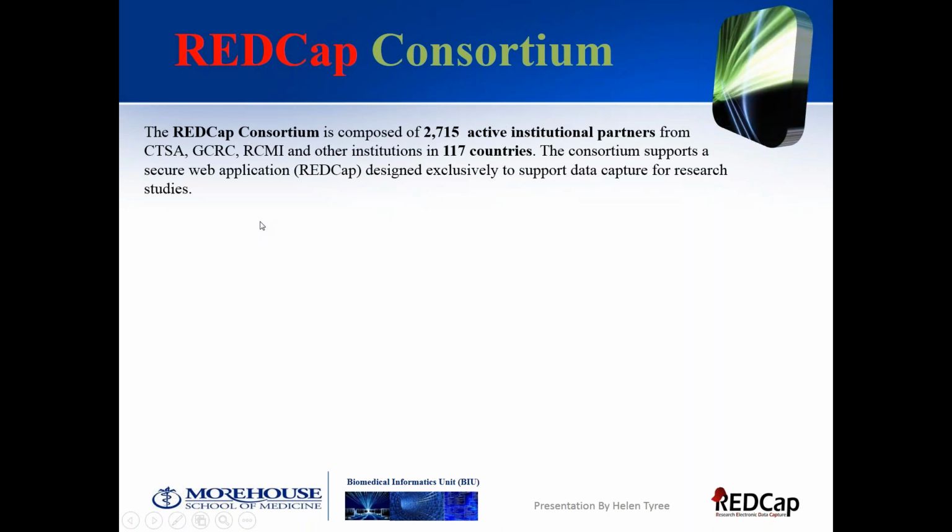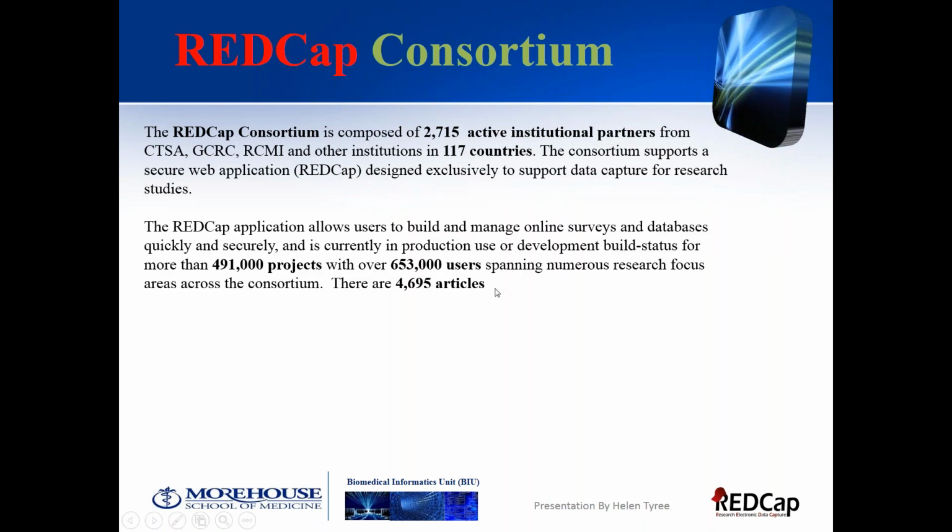It's composed of 2,700 active institutional partners from various different areas and other institutions in 117 countries. The consortium supports a secure web application exclusively to support data capture for research studies. It allows users to build and manage online surveys and databases quickly and securely, and is currently in production use or development build status for more than